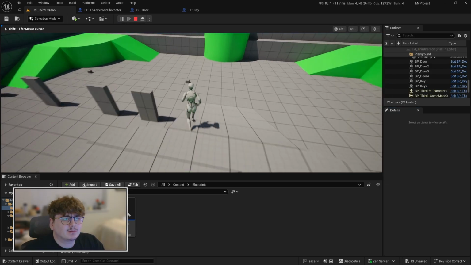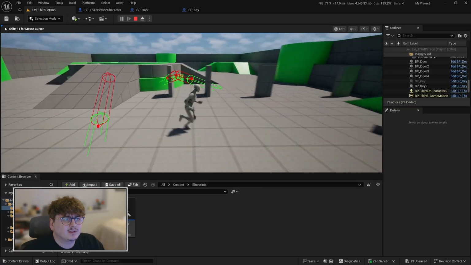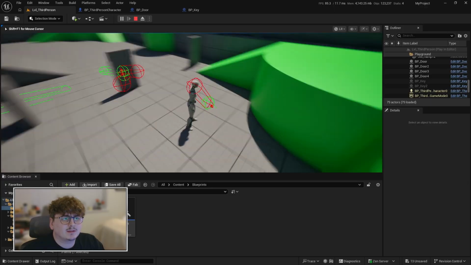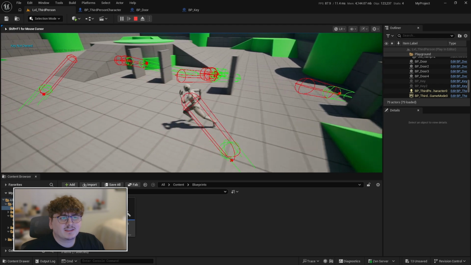Now, if I pick up the blue key, I can open both of the blue doors. I cannot open the pink door unless I pick up the pink key, of course. And now I can pick up the pink key. Now I can open the pink door. Cool. So let's get rid of the sphere trace